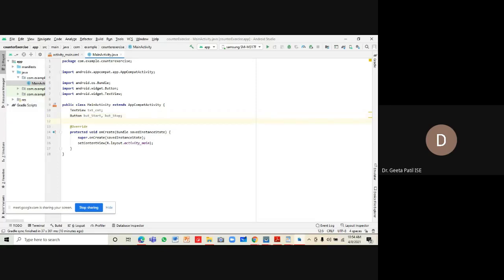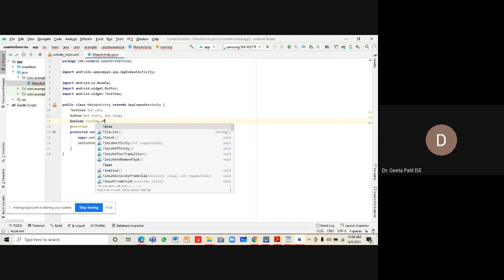Apart from this, we need to maintain a flag, so the flag is maintained using a Boolean variable running, which is equal to false.